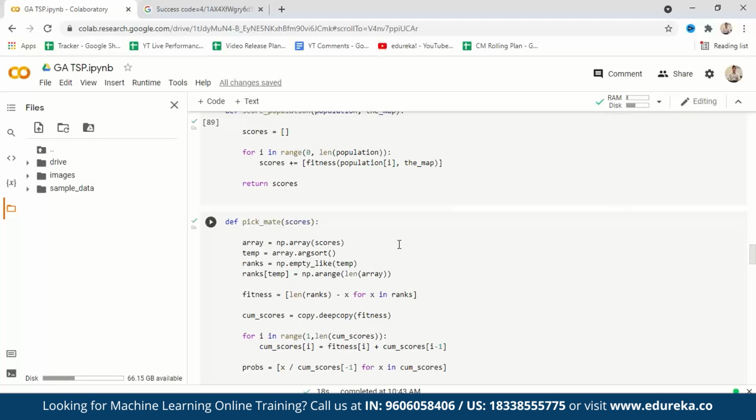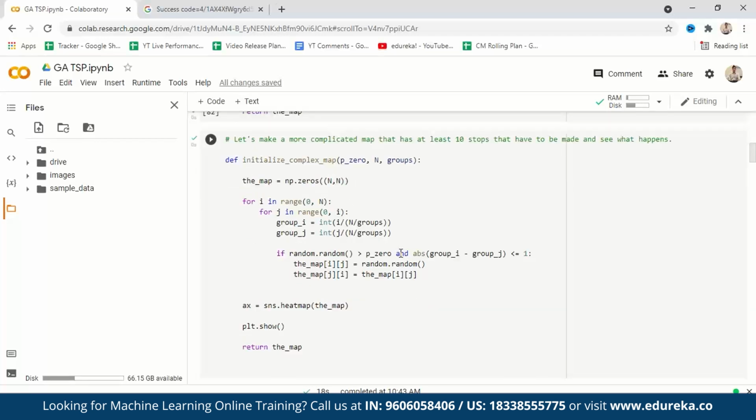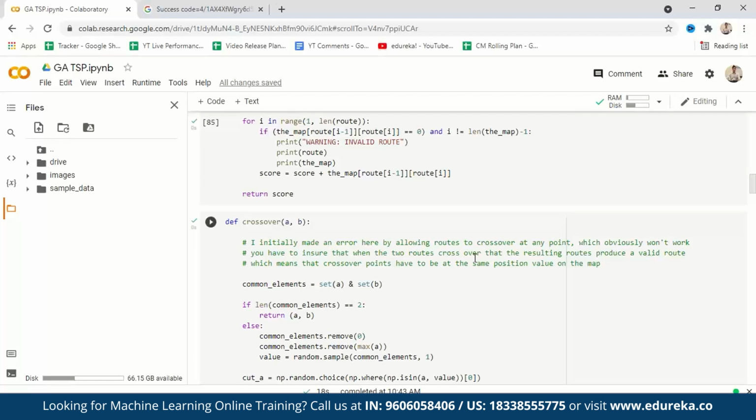So one of the parameters for the initialize method is the probability of 0. We assign it as p0. If it is greater than p0, then assign just a random number, and if it is smaller than p0, then set it equal to 0. So in crossover, we find a cut point in each one of the members which I am bringing together.